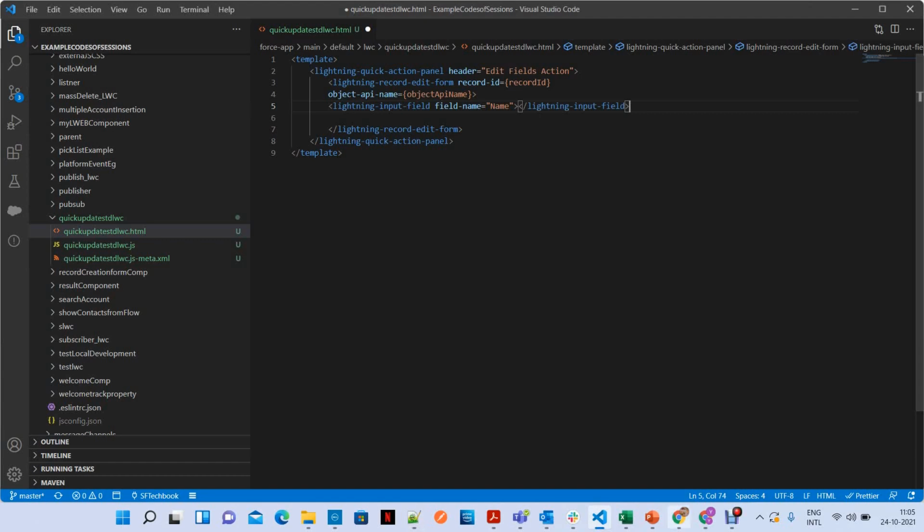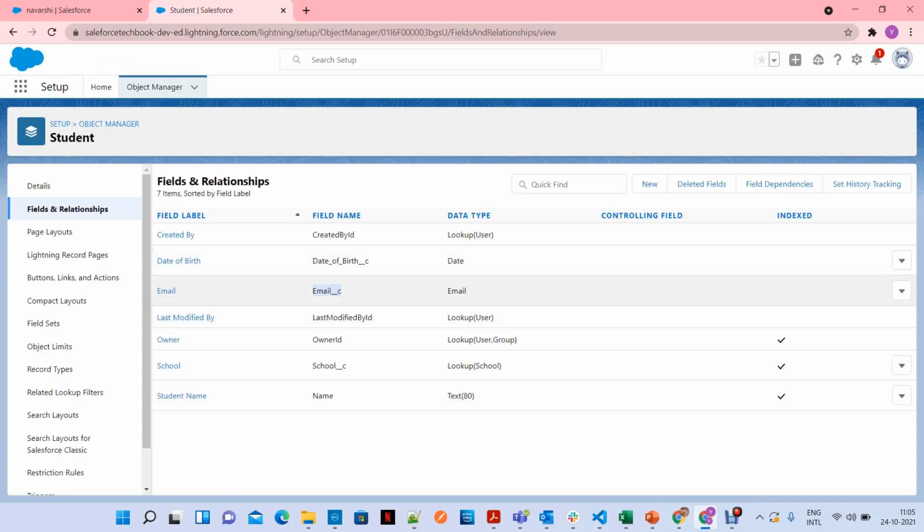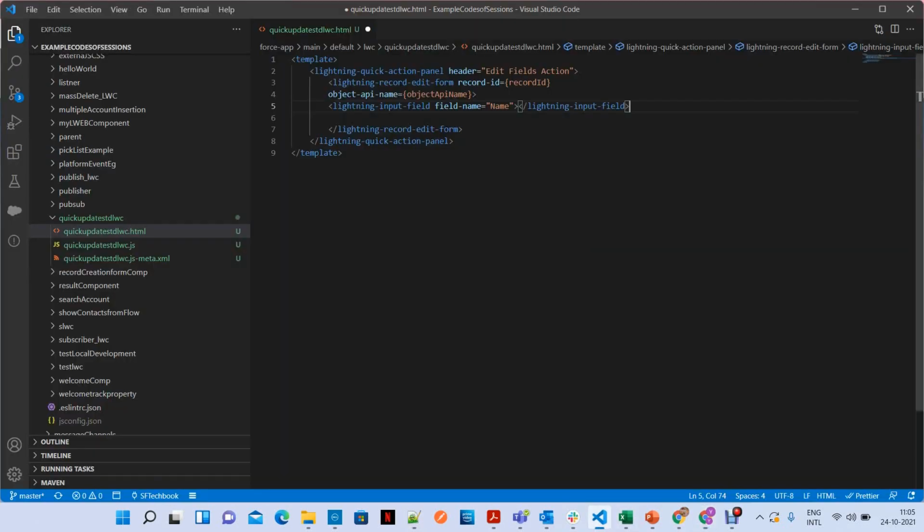Name, and let's open our Salesforce textbook. On the student object, date of birth. If you don't know how to use the record form, in our channel we already have examples. You can see that. Now we are focusing on how you can expose this component in a Lightning quick action.